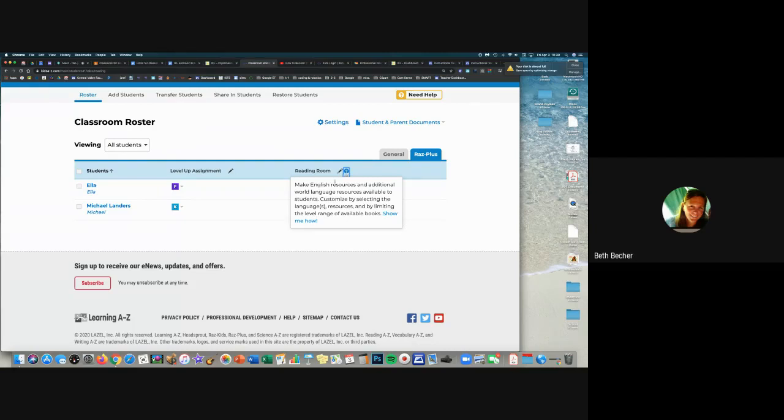So in here, it's saying make English resources and additional world languages resources available to students. Customized by selecting the language resources and by limiting the level in the range. So I'm going to show you how to do that in settings. So I'm leaving this on for English and Spanish. But if I come up here to my settings tab,